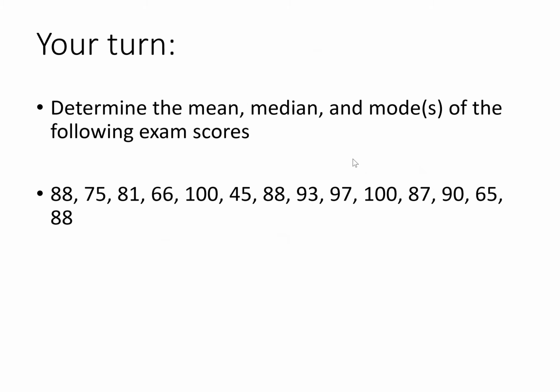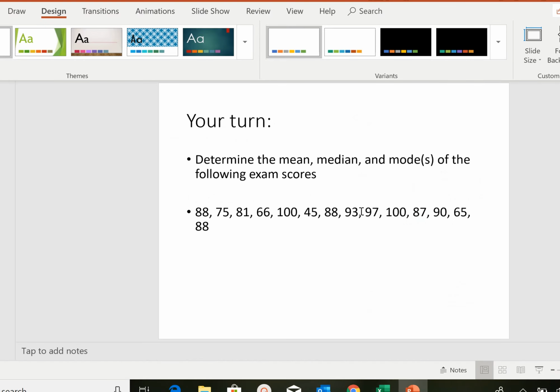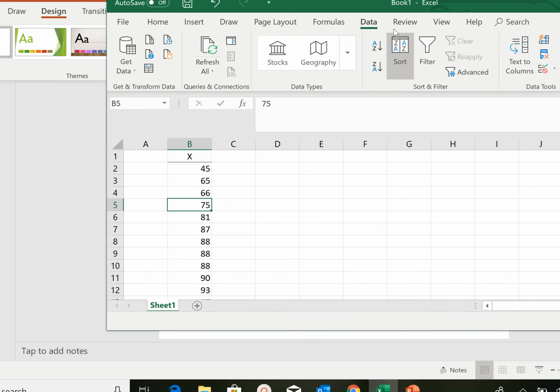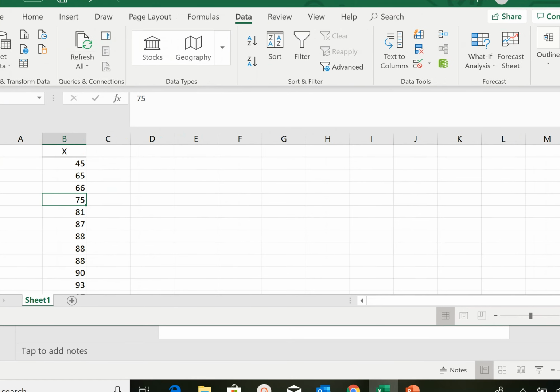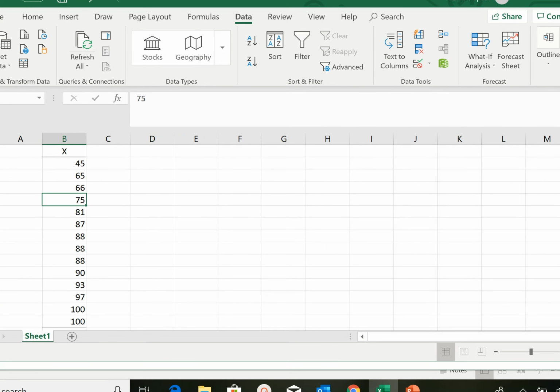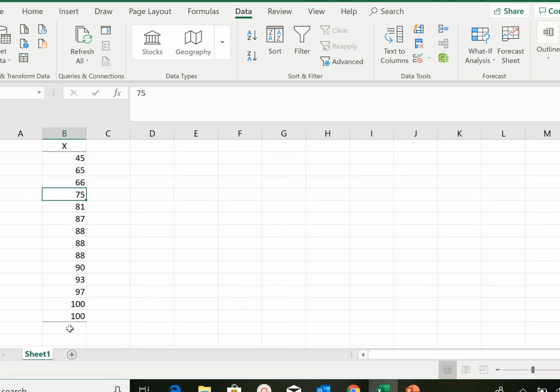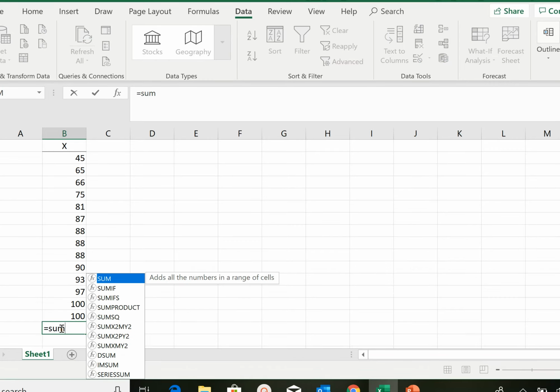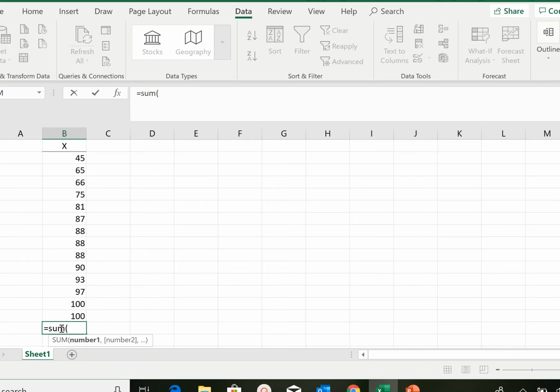All right, so let's say we wanted to determine the mean, median, and the mode of this set of exam scores. So I've put them in an Excel sheet and put them in rank order, which will make this a lot easier. So to determine the mean, we simply want to take the sum of x. So I'll take the sum of all the scores,